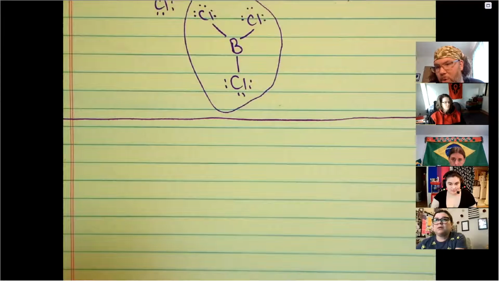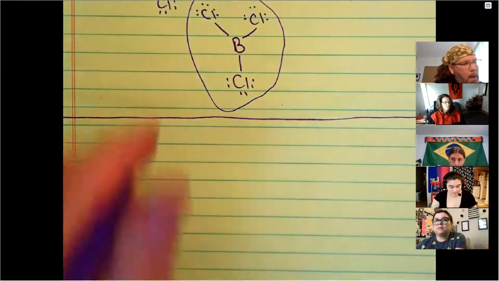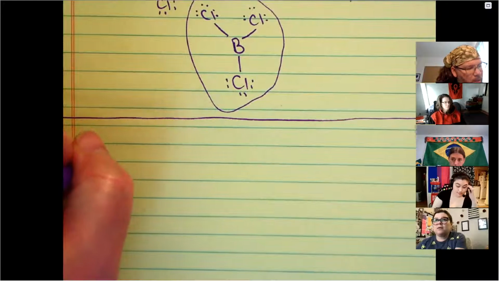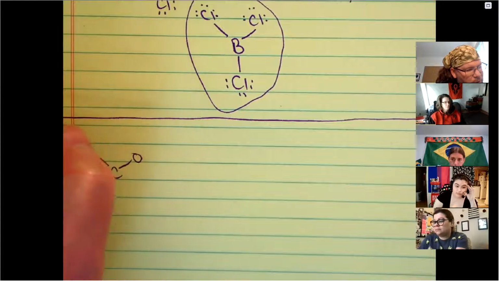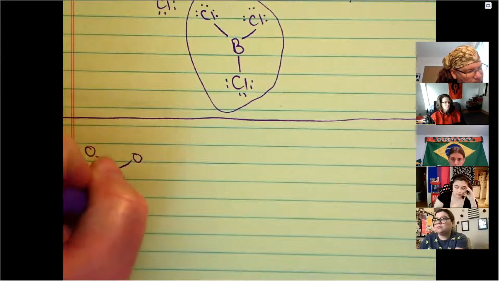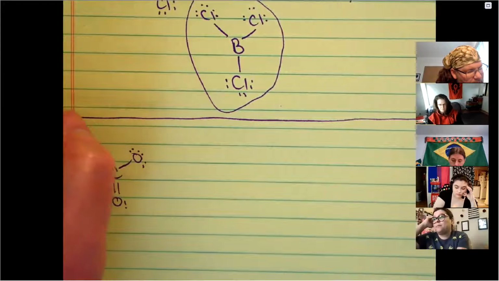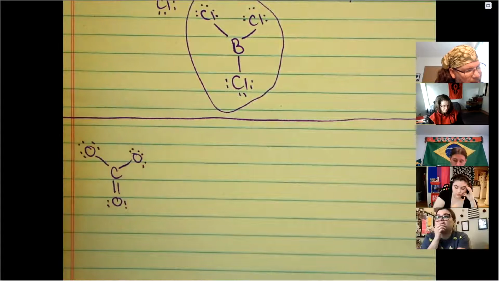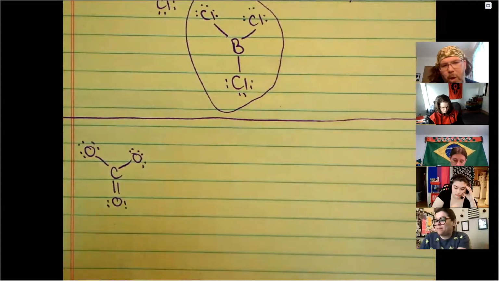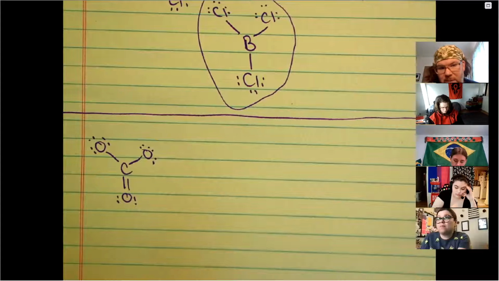So I want to review something that we learned about last time we were together. We looked at this Lewis structure, the Lewis structure for carbonate. So carbonate has the chemical formula CO3 with a -2 charge. And if you look at my Lewis structure, you will see that each of the atoms in the structure has